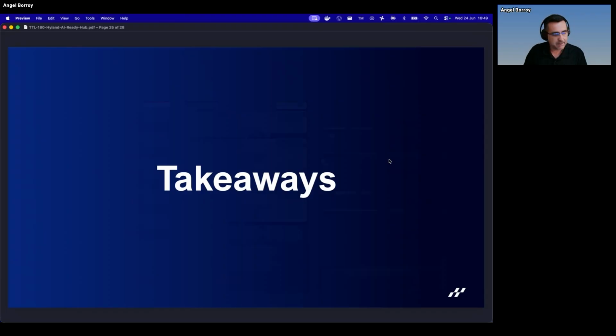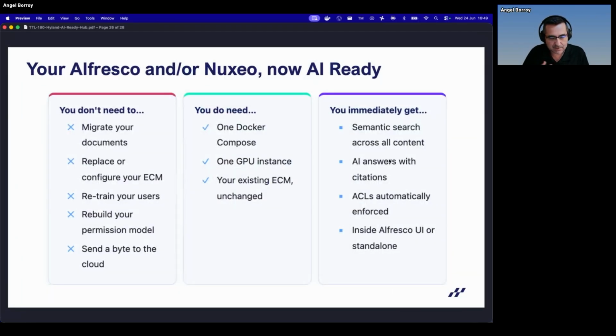So finally, because I'm speaking a lot and my voice is not in the best shape, you don't need to migrate your documents, so you can use your existing Alfresco, your existing